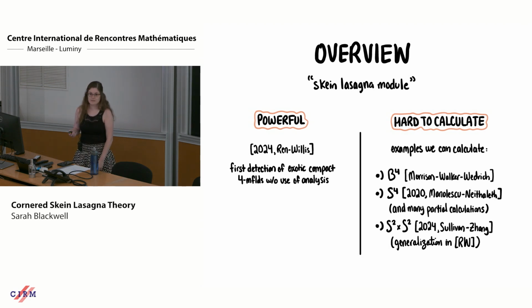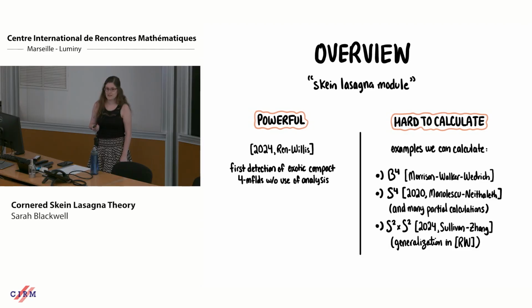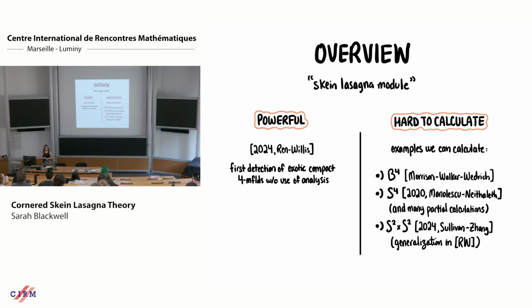What did they detect on the left side? Sorry, the question is, what did they detect on the left side? And I'm actually forgetting exactly what it is. It's an example that was originally known due to Akbalut. I think it's sum, not trace, but I'm forgetting what the example was. Does anyone know off the top of their heads? Oh, yes, it's a four-manifold boundary. Sorry, was that your question? Yes, but I forget exactly what the example is. Yeah, any other questions?